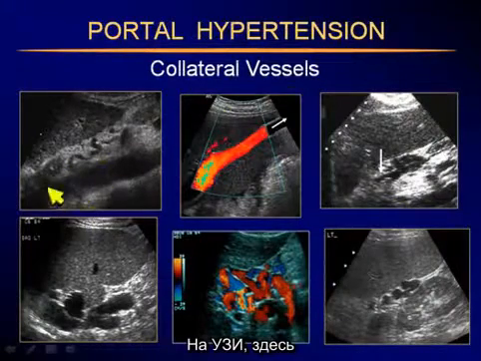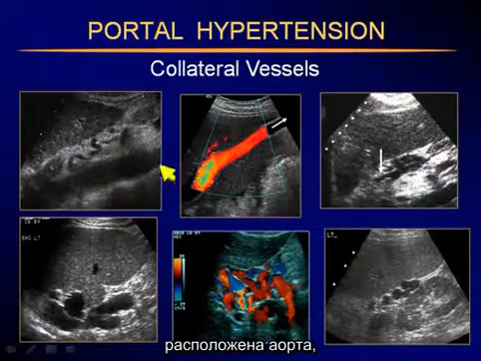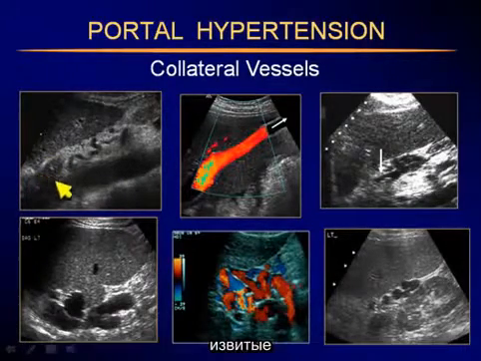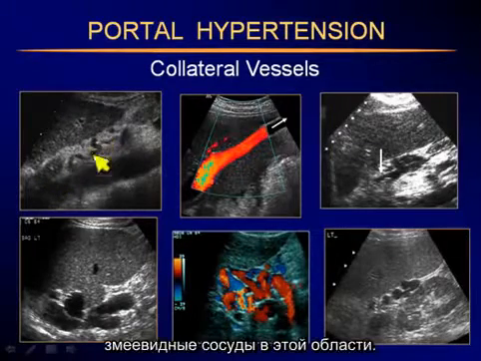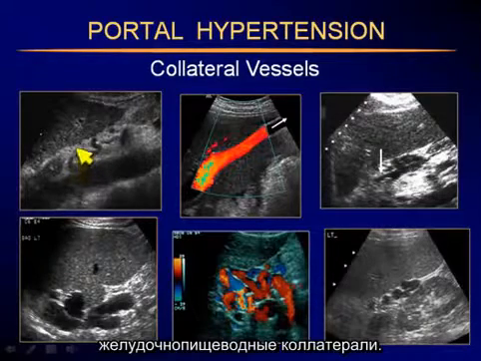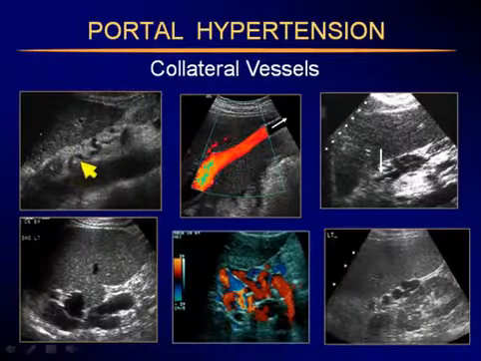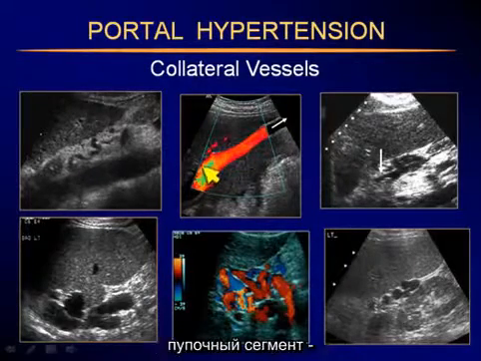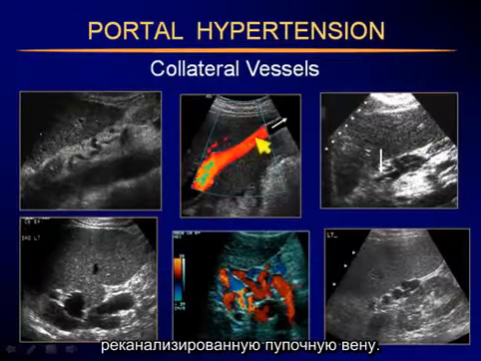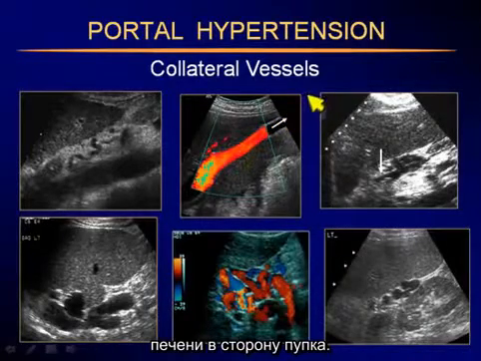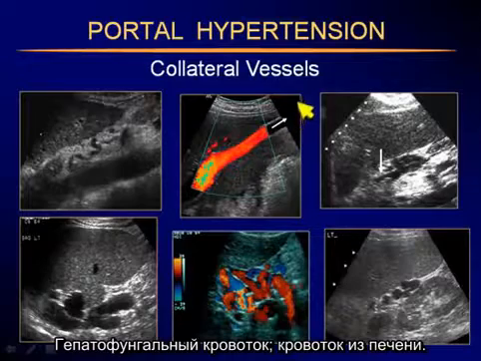On ultrasound, here is the aorta, the gastroesophageal junction, GE junction, and tortuous serpiginous vessels in the region. These would be the gastroesophageal collaterals. Here is a sagittal section through the recanalized umbilical segment, recanalized umbilical vein, and it has flow heading out of the liver towards the umbilicus, hepatofugal flow out of the